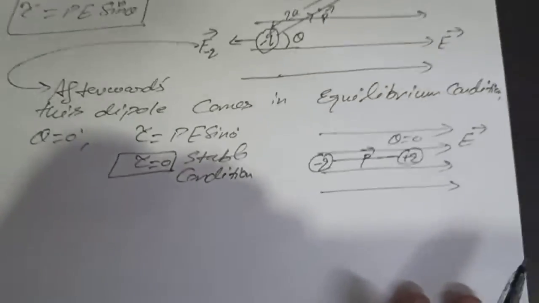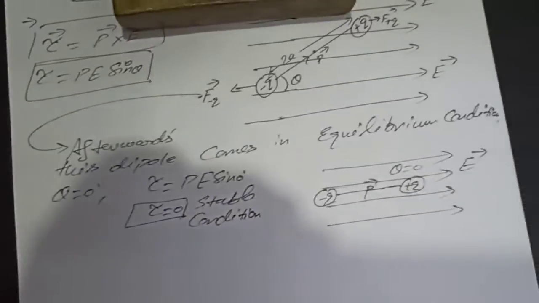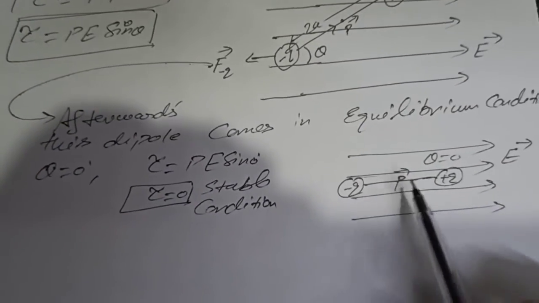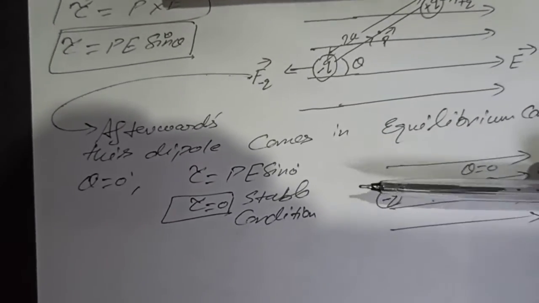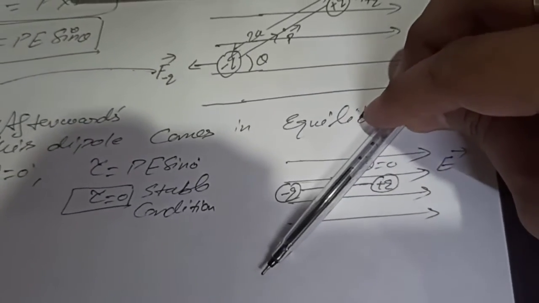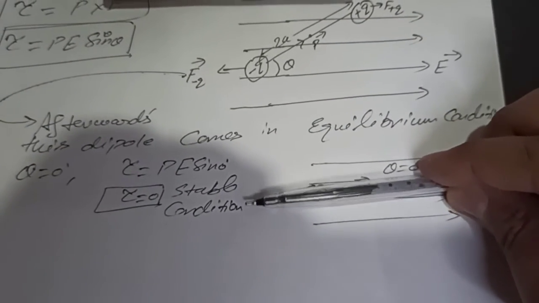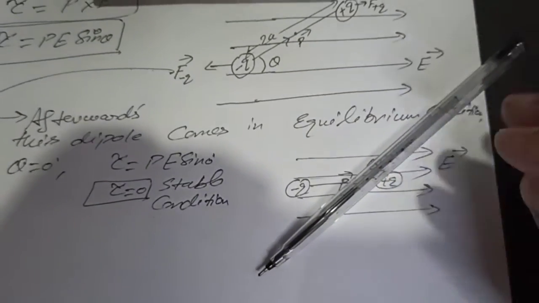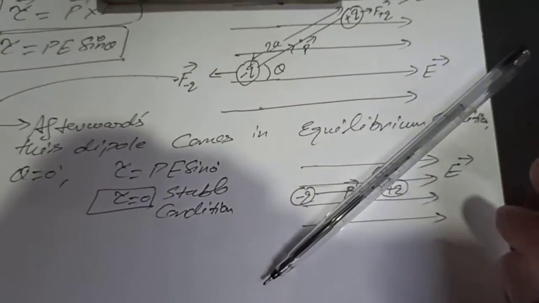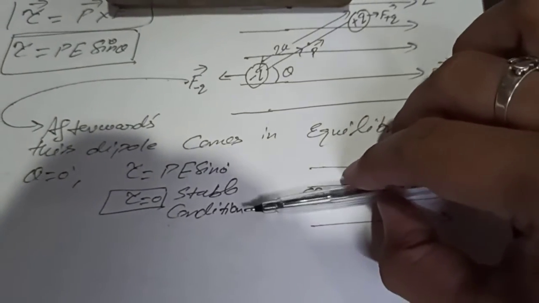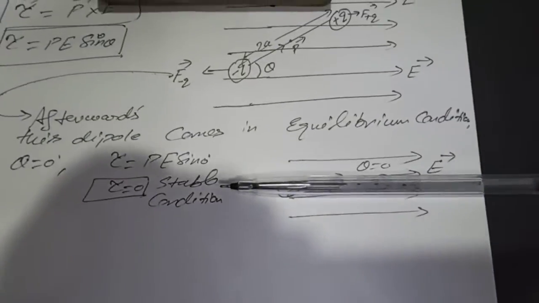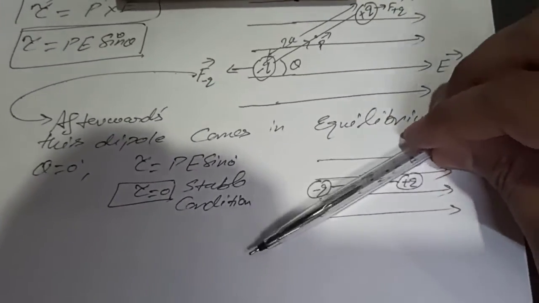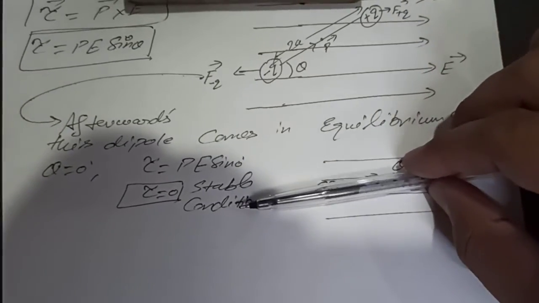Now what is the concept and what is the reason? If we are in this situation of equilibrium and we want to displace our dipole in this direction, if we touch the dipole and displace it, then as soon as we free this dipole held in the electric field, it will come back to its original position. इसका मतलब जैसे ही हम डाइपोल को लेके इस तरीके से करेंगे, थोड़ा सा थीटा एंगल देंगे इलेक्ट्रिक फील्ड से, डाइपोल अपनी प्लेस पे पोजीशन पे वापस आ जाएगा.